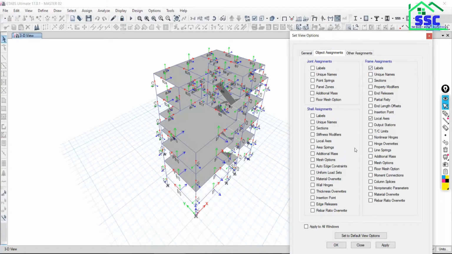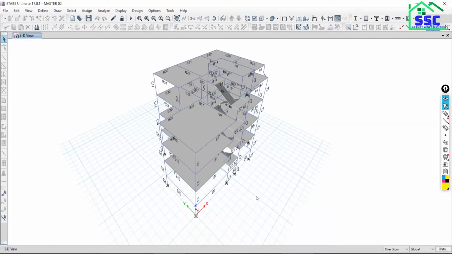So don't bother about it. Just leave it. We will discuss all the commands of the ETABS software in the next exercise in a very detailed format. Got it? If you got it, it's good. If you have not got it, let it be as it is. Don't worry, we will see all the things. Apply. Now the next thing is the type of elements and members ETABS will consider.